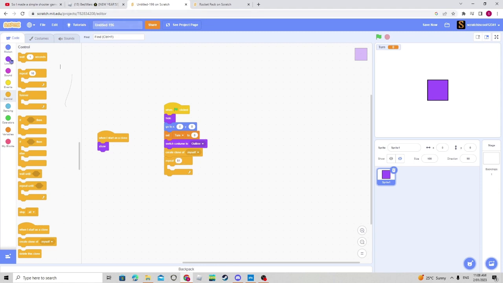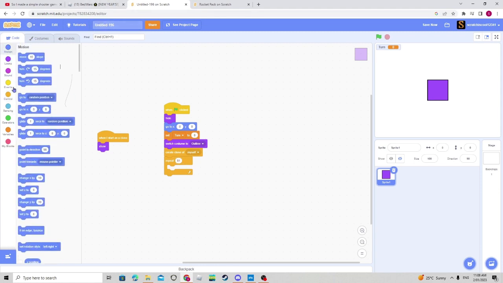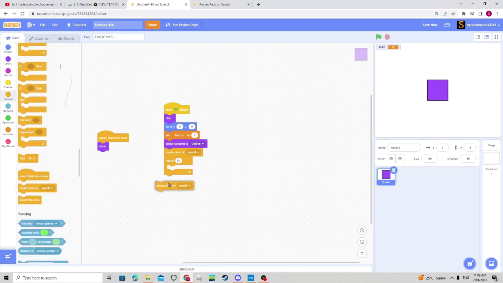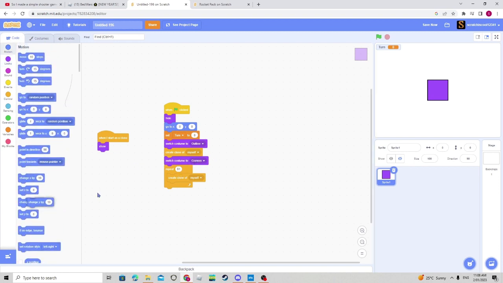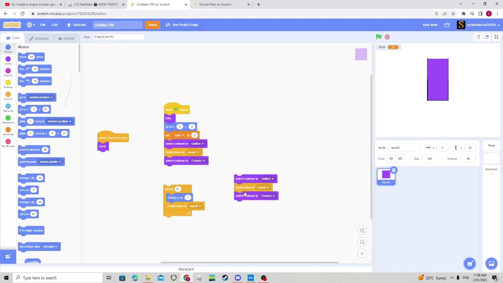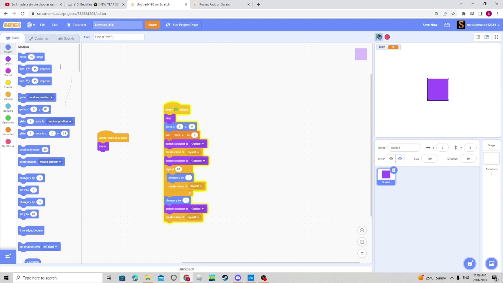Repeat 81. Then we want to create clone of myself. Wait, but before that, we need to switch costume to corners. Create clone of myself and change Y by 1. With this, it will make like the middle section. Then we want to switch to outline, another outline. Change Y by 1, and